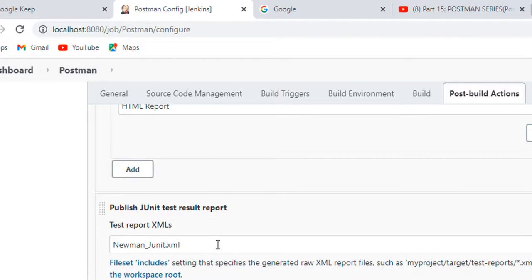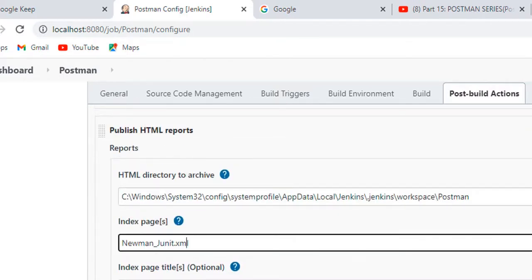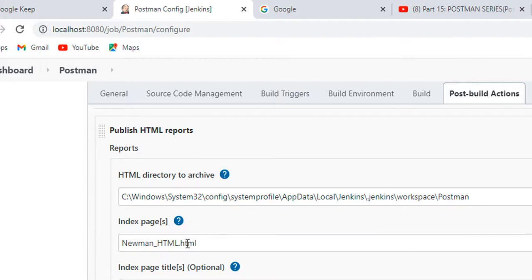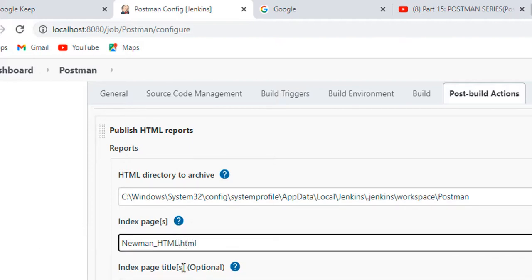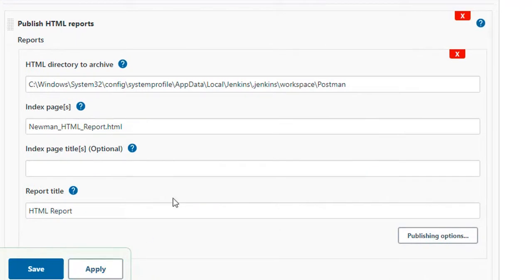So I am going to mention here Newman HTML, with the .html extension: Newman underscore report.